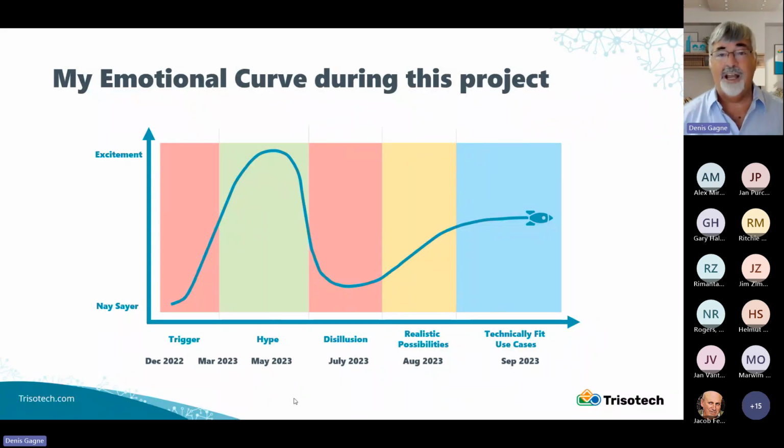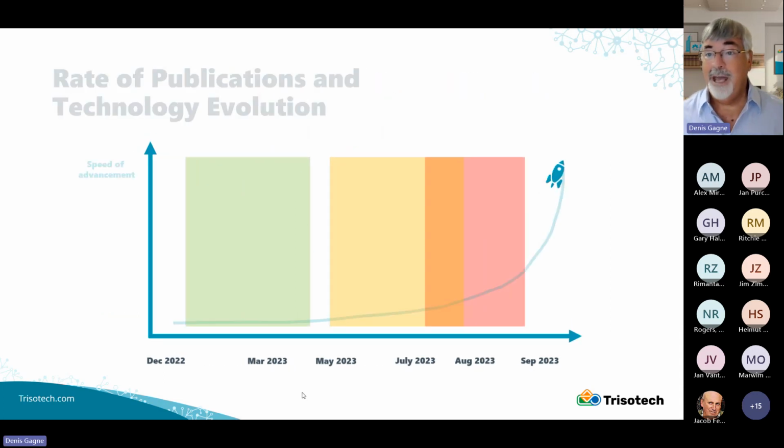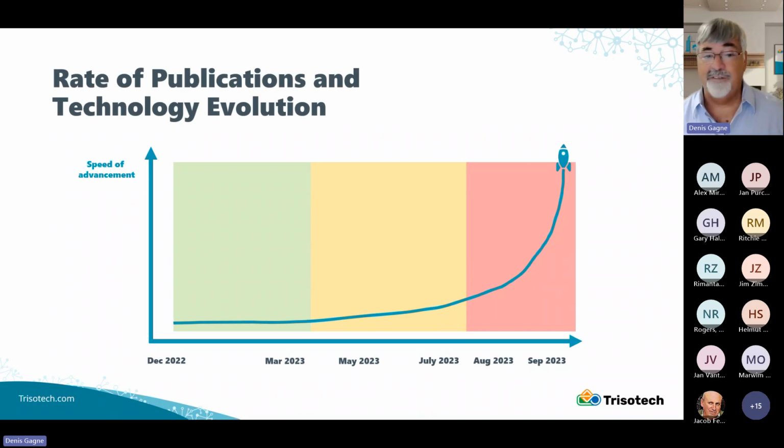By the time I hit July, I was pretty depressed about doing anything very useful. It seems like everything was all over the place. And then just recently in August, I became more positive again about what was possible. And right now, I have more of a view of the world that there are really great use cases, and if we understand how we can characterize these use cases, we can make some great usage of that technology. Now, as I mentioned, I was running in front of a tiger.